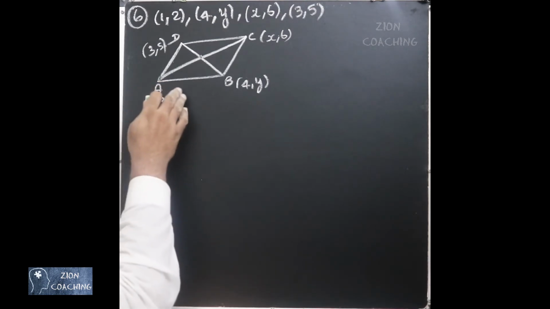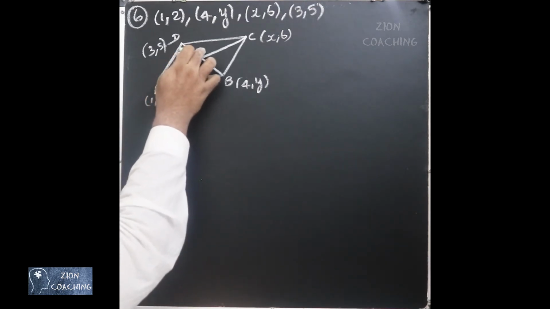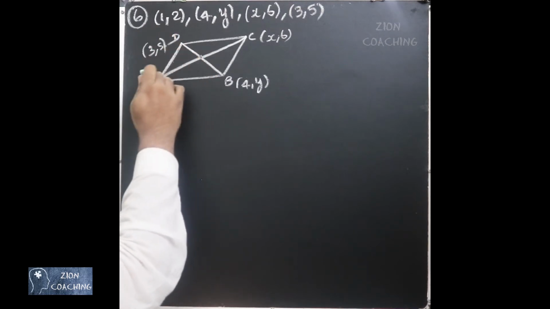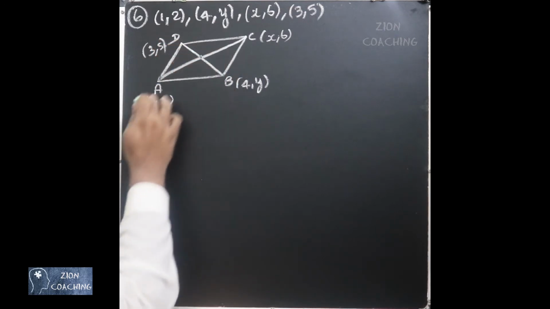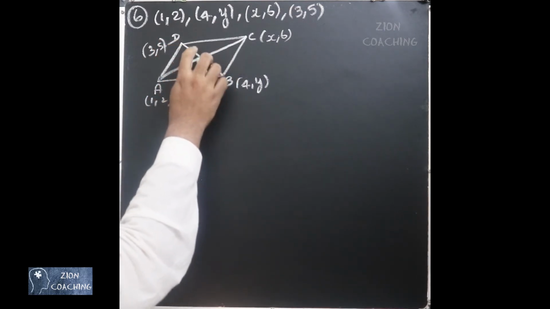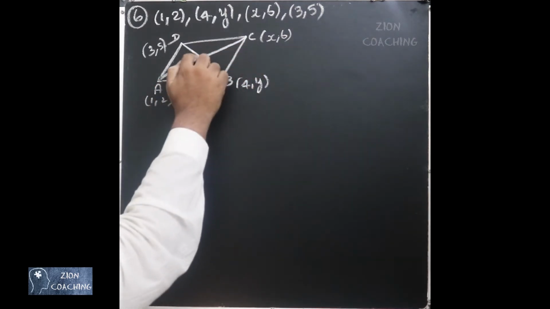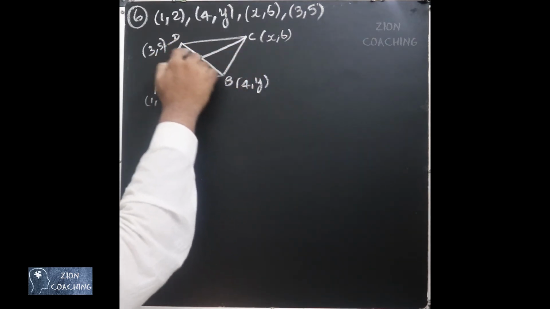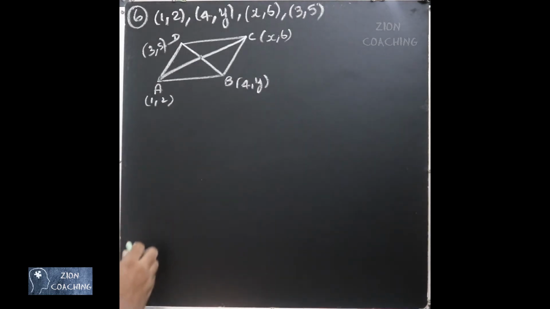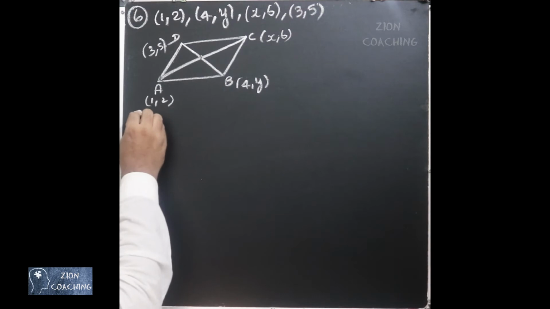Then that makes it even simpler. We need not even find this point. We can directly find the values of x and y. The diagonals of a parallelogram bisect each other. That is, the midpoint of the diagonal AC and the midpoint of the diagonal BD are going to be equal. Only then will they bisect each other. I hope you remember all these properties which you learned in class 9 under the chapter parallelograms. I will repeat the property again. I will even write it for you.